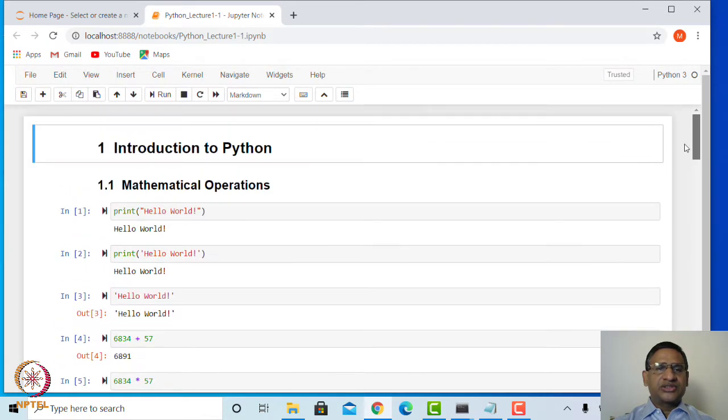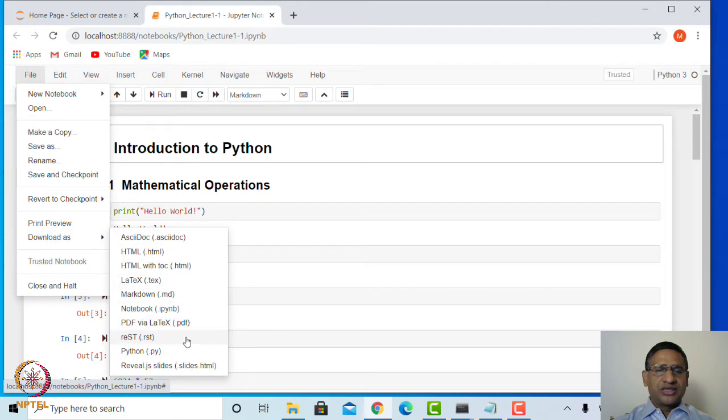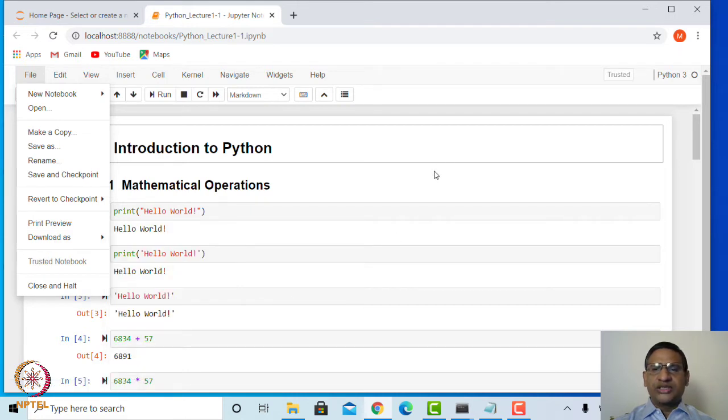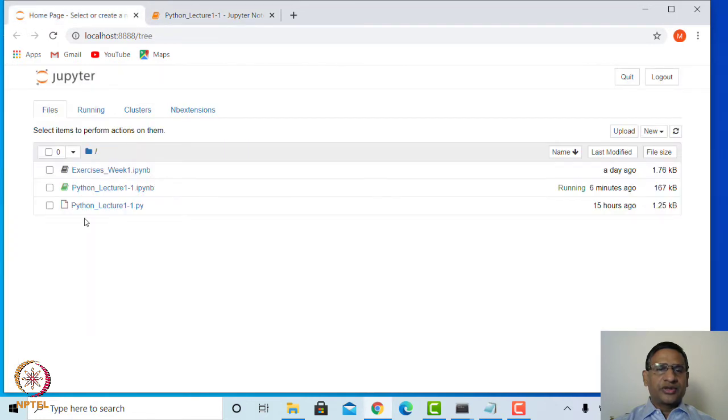This file I have saved in .py format. So, you can go to download and save as .py format. I have already saved it, and this is what you saw in this directory. So, we have python_lecture_1-1.py. Now, suppose you want to run this file using the Python command line, then what you can do is